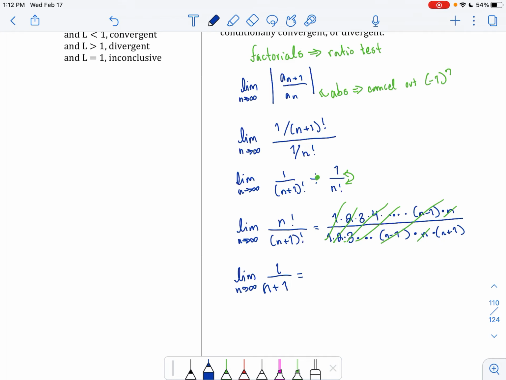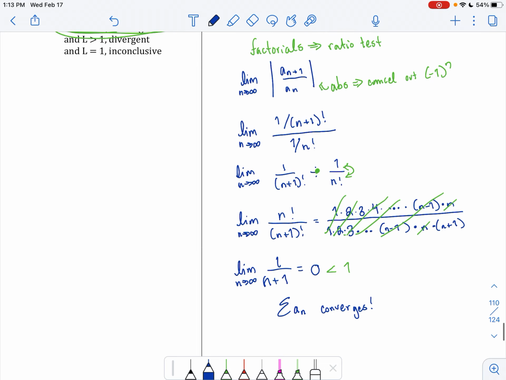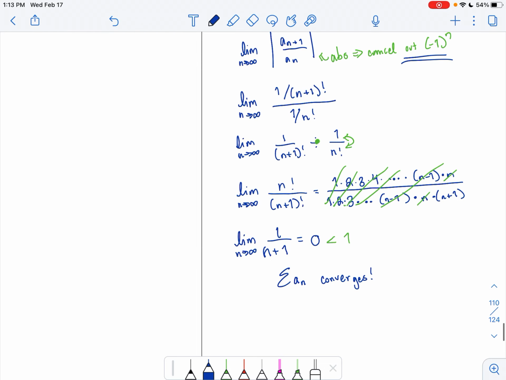Now, when I plug in infinity, you get 1 over infinity, which is 0. And since 0 is less than 1, that's our term right up here, we know that the series is then not only convergent, converges, and because of the alternating section here, and we took the absolute value, we can even say that it absolutely converges